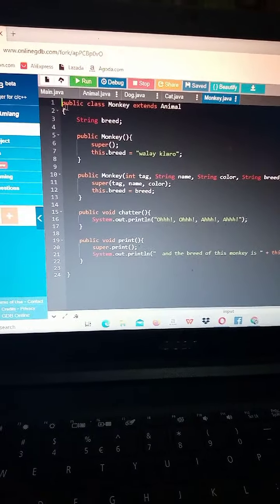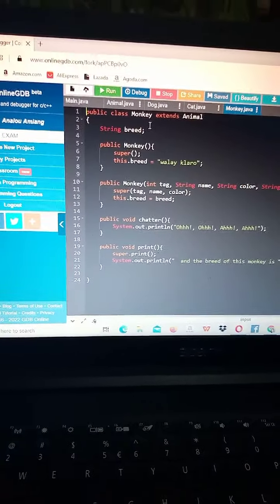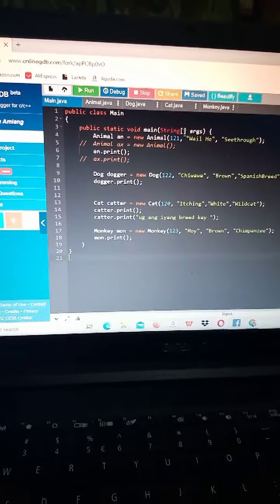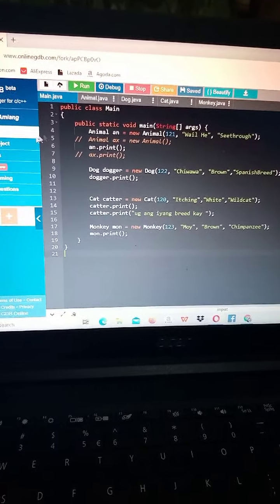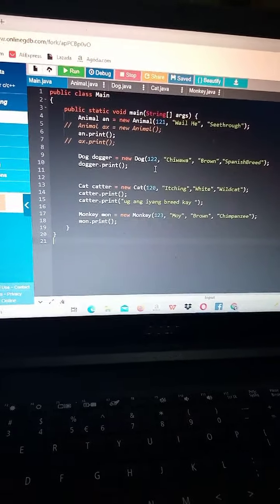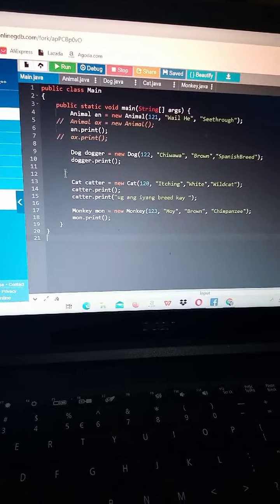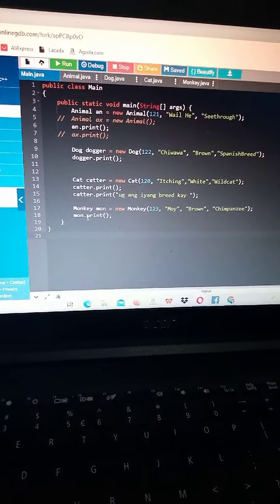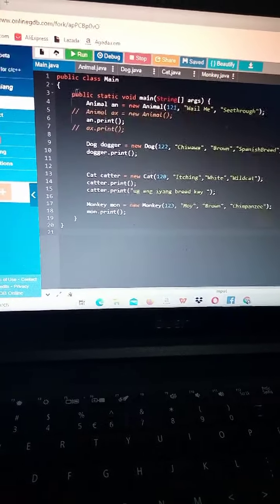So first, we discuss this output. So we have the public class Main, then public static void main, String args, then Animal, then the name of the animal, the whale and so on, then the dog, the number and the name of the dogs, then the cat, the number of cats, then the name of cats, and the monkey, the number of monkeys, and the name of monkeys. So here in public class Main,